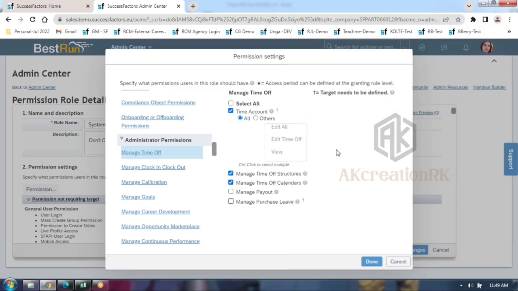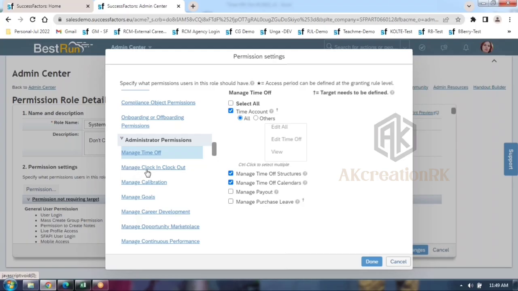Time account is nothing but in order to edit, create, modify something, all these features you are going to get as an admin. This particular feature is not applicable for the normal employees, guys. Employee can request a leave and submit to the concerned manager. That's it. But he can't modify those leaves. That is again a responsibility held by either HRBP or time admin, someone in the organization. Right now we're in the admin level permissions. Keep in your mind, right?